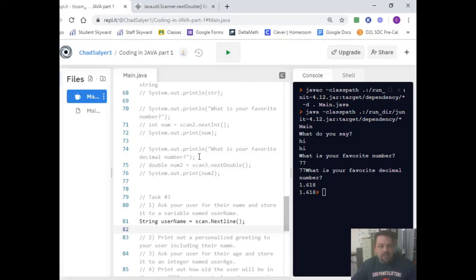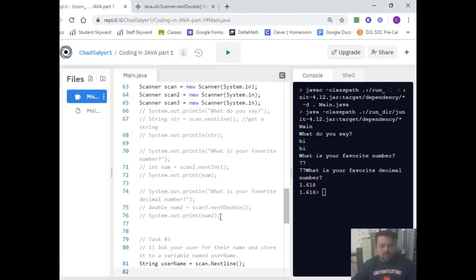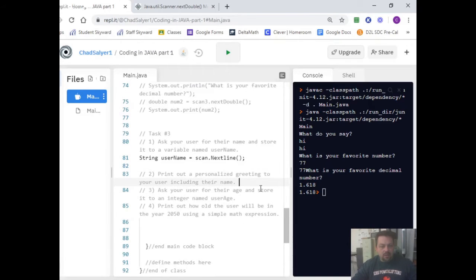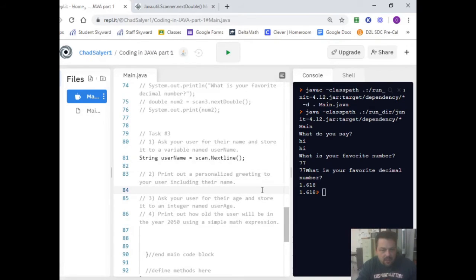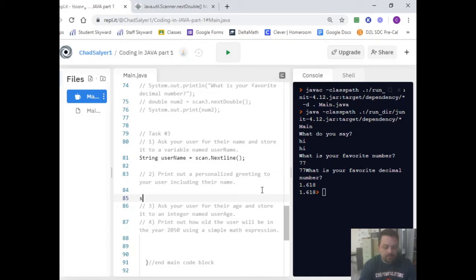So that's going to ask the user for their name and store it to a variable named username. Okay, now print out that name in a personalized greeting. So